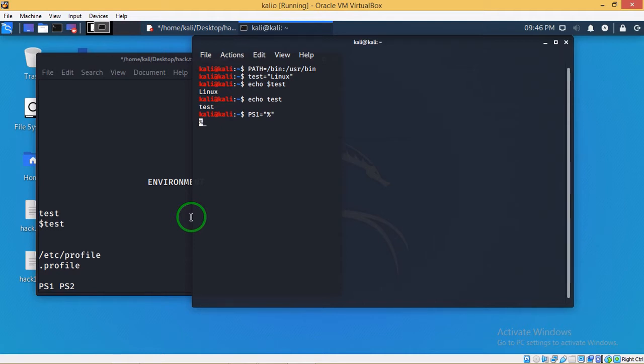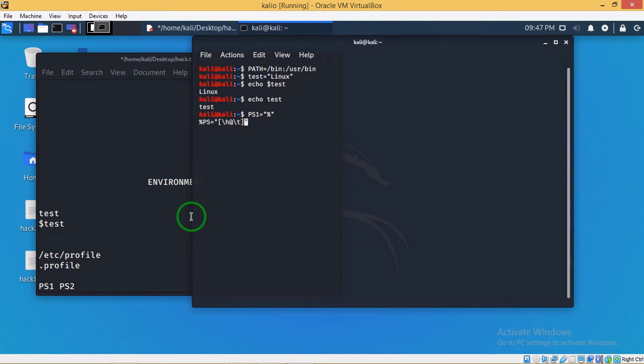You can also use escape sequences here in the double quotes. I am showing that PS1 equal to double quotes. I'm opening it and closing with square brackets, and I want to show my host, so I am giving a slash H, in caps, not small. Hostname, and current time, I'm just giving current time.